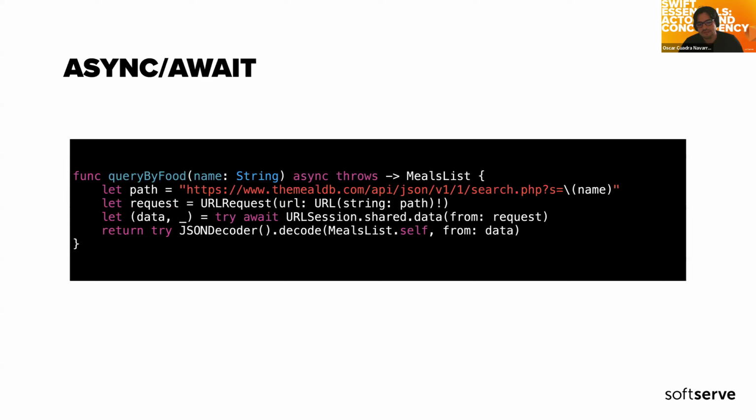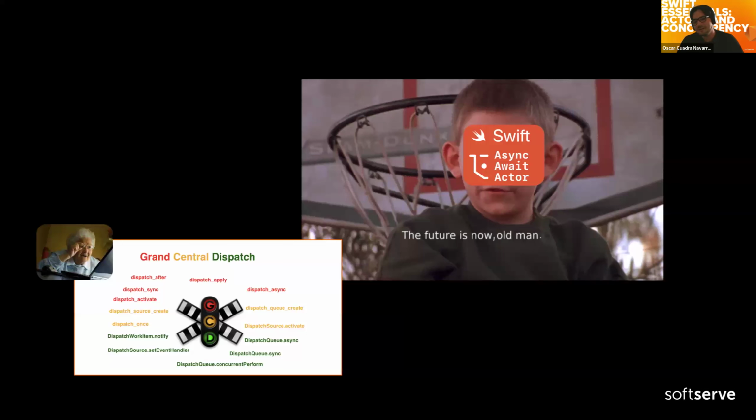And they simplified it so the same function can be written in 4 lines of code or even less, because it's very straightforward. You only need to understand that this function will be asynchronous and you will get a result. And this result can be an error, for example. So I put this name, the future is now, because